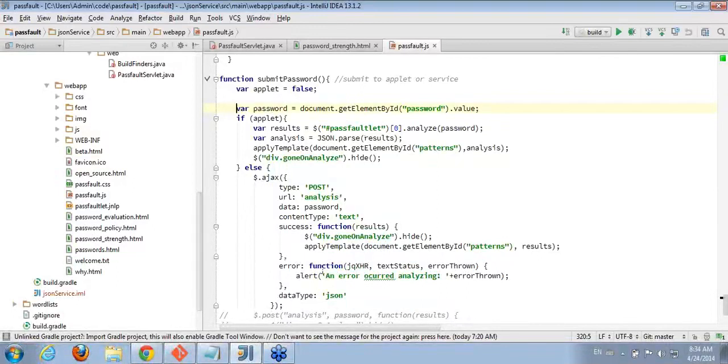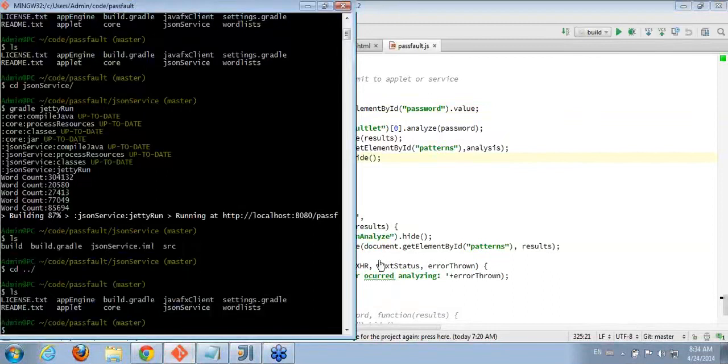Another thing that I'd be really excited to do as far as the next step, I mentioned the GWT compiling the Java code into JavaScript. That would make it even easier for web developers to grab this and use it. And I love the idea of having this all analyzed on the client and not have to worry about it going over and having someone grab your password.